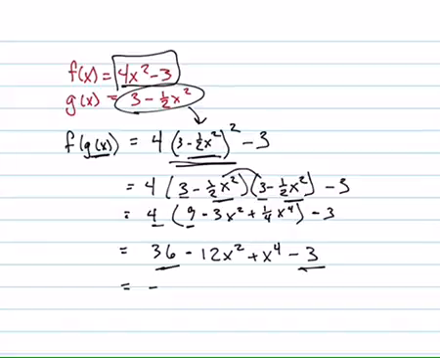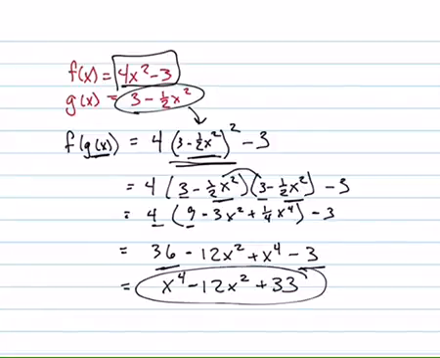Biggest degree goes first. Usually it looks better. So x to the 4th minus 12x squared, and then plus 36. There's your answer. When he gives you the parentheses 4 part over here, what exactly are we supposed to do